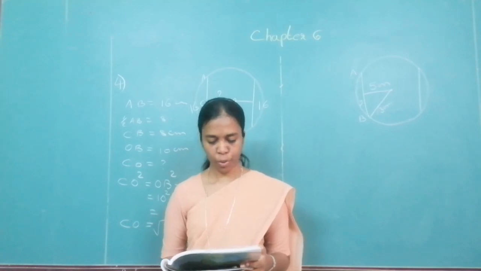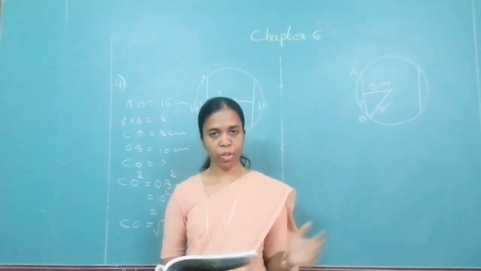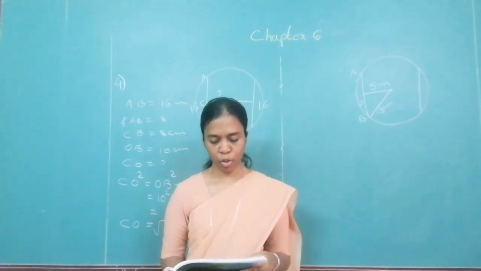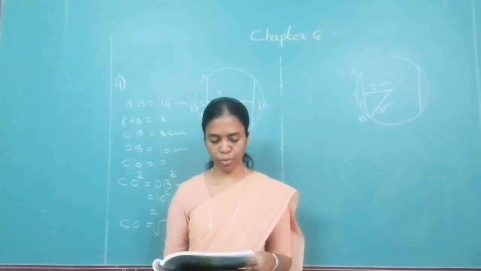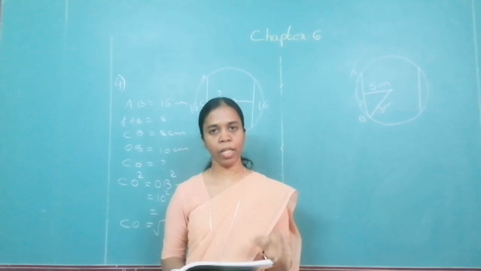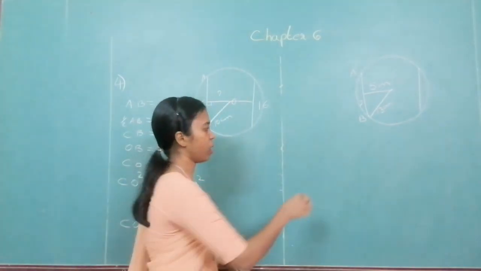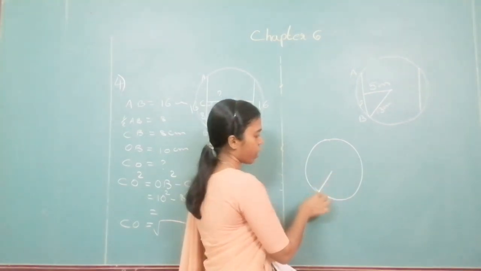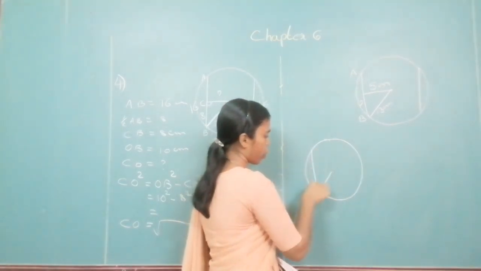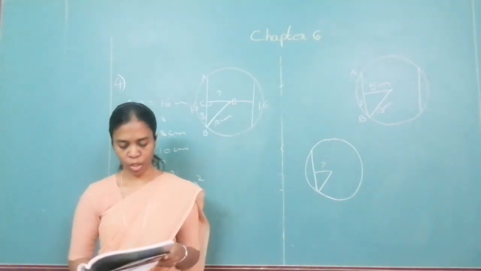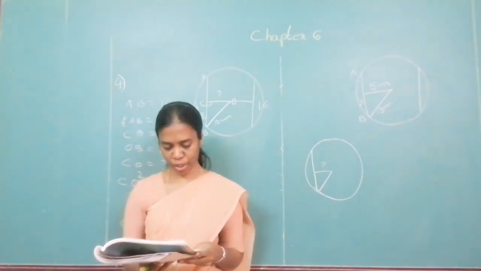Second, third, we will be doing it later. Once we do it, you will get the answer. It is a direct answer. Question number 4. Length of a chord of a circle is 24 centimeter. If the distance is 5 centimeter, then the radius of the circle is. Again, you are given a circle. All this is based on a circle. Either you are given the radius and you have to find the length of the chord, or you have to find the distance from the center of the circle to the chord. This is what you have to find.